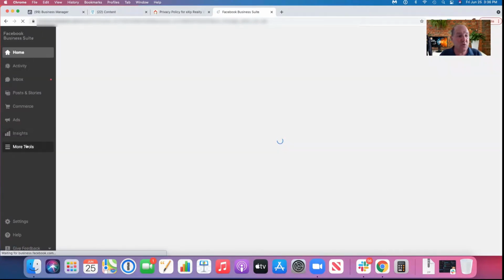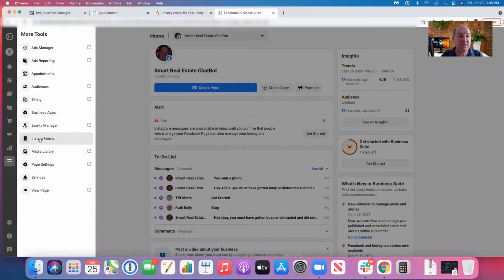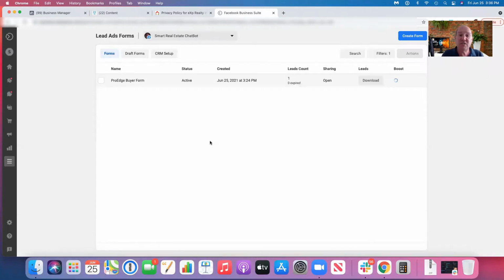Now, from the suite, you want to hit more tools right here, and a menu will pop up. Right down towards the bottom of the menu, you'll see these instant forms. These are the lead forms that you're going to use in your Facebook advertising. I suggest you set up all your forms ahead of time so that you can reuse them in all your